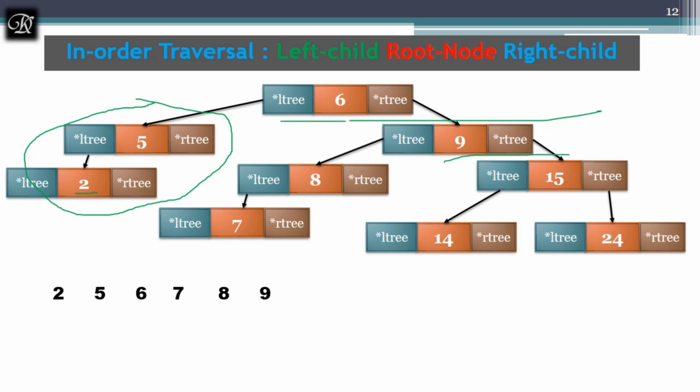And now our target is this subtree. And now what you have to do is concentrate on the left subtree of this 14, which is a leaf node. Print the value of it, and its root node is 15. Print the value of 15, and its right subtree is 24. This is the end of the in-order traversal. You can check, we have visited all the elements in increasing order. This is how in-order traversal is going to work.